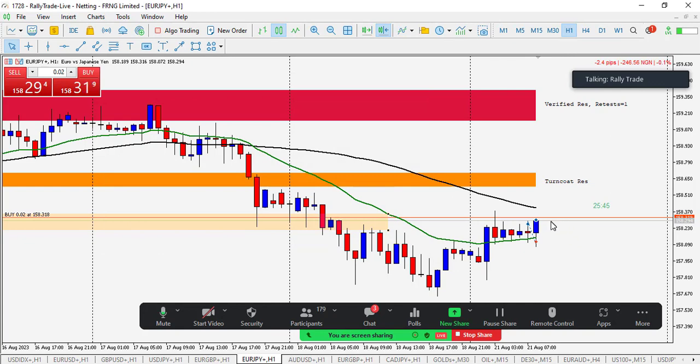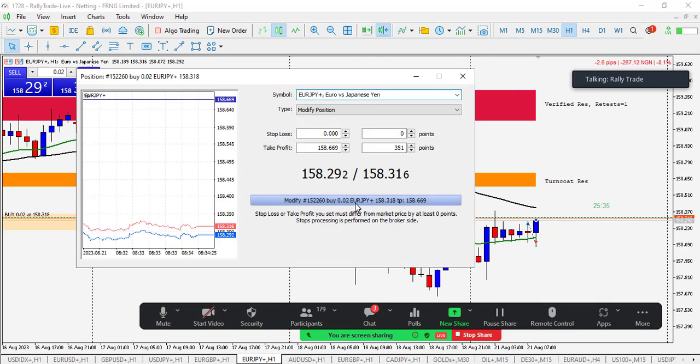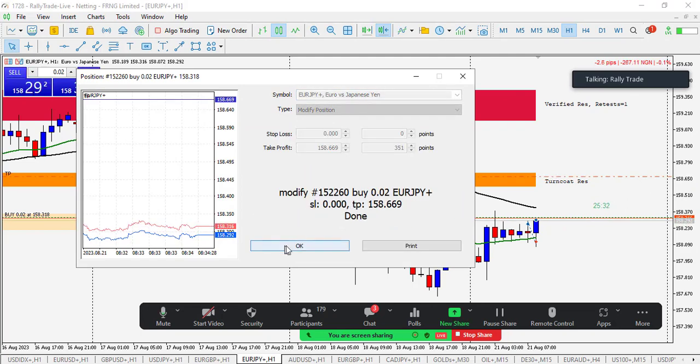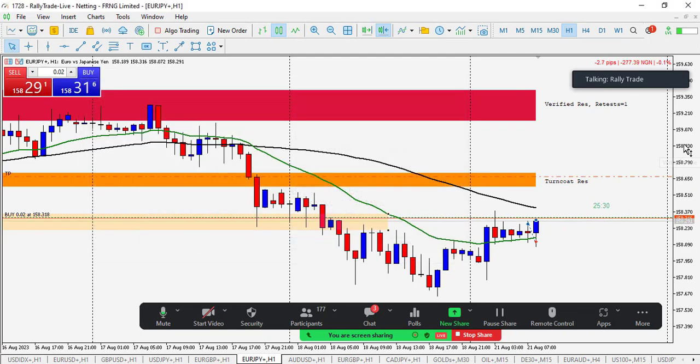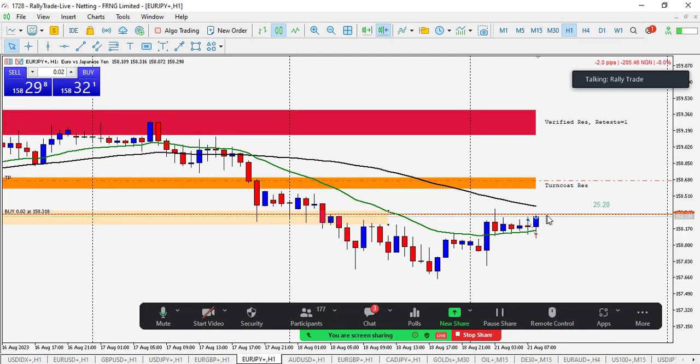Then of course, since I'm scalping, I would like to look for the next level of resistance as my take profit level. So I just took an instant buy, a scalping trade, on Euro JPY. Then my stop loss will just be below this low, or I can use this low, but this low will be too fast. So let me use this low, right?